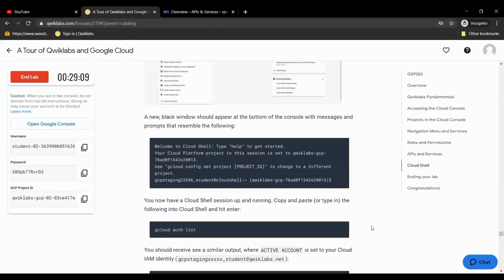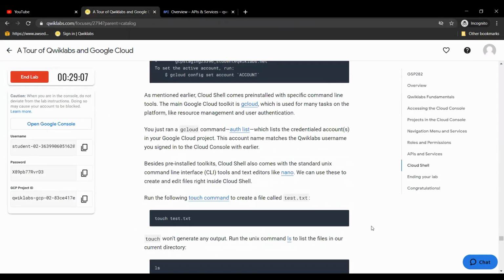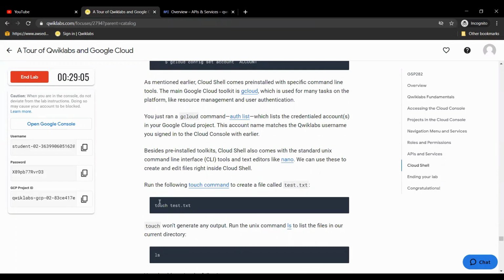And later we'll see the touch command. It is used just to create a file, and you can even use your own name or another name instead of this text. We'll execute this.